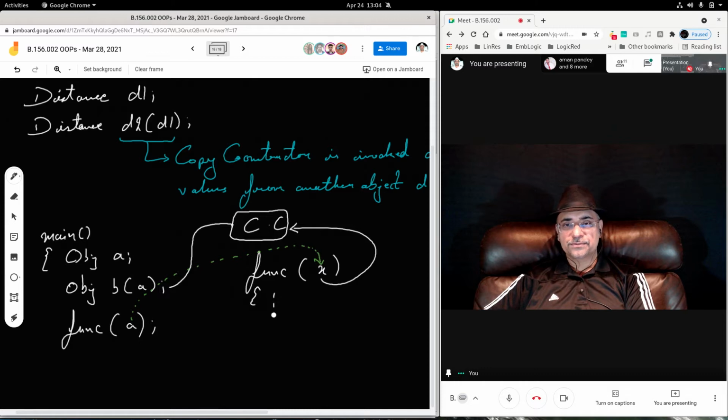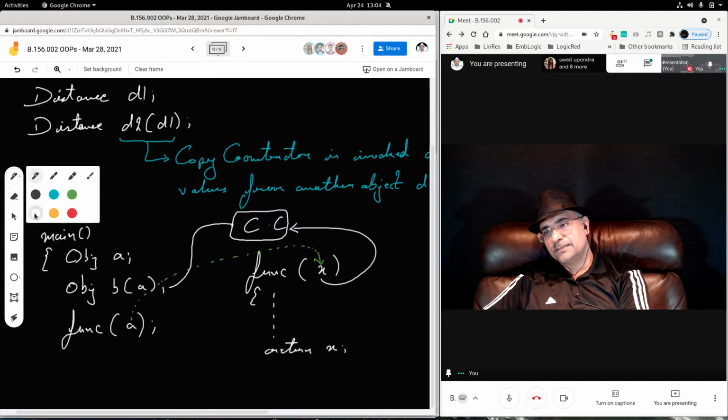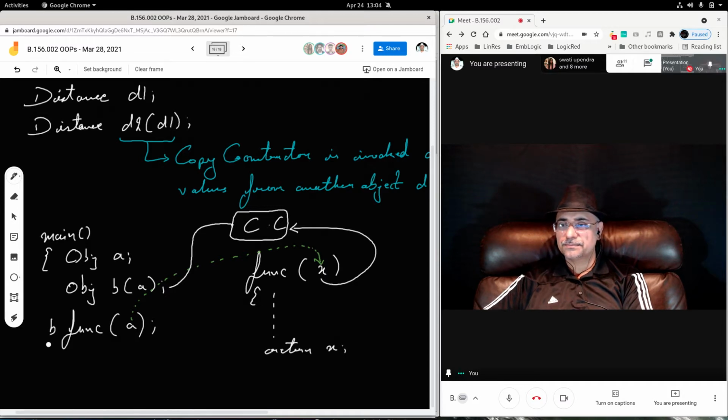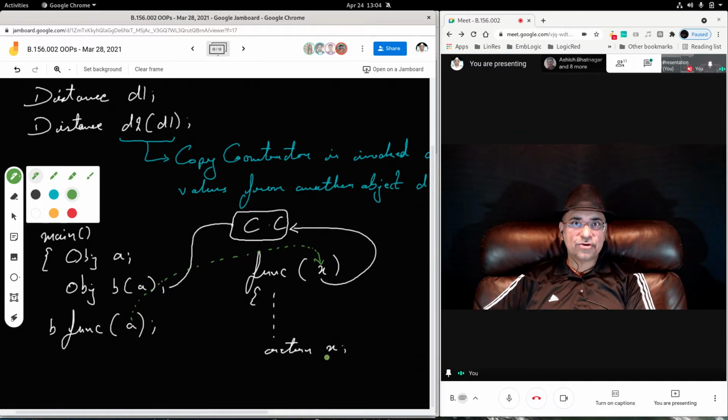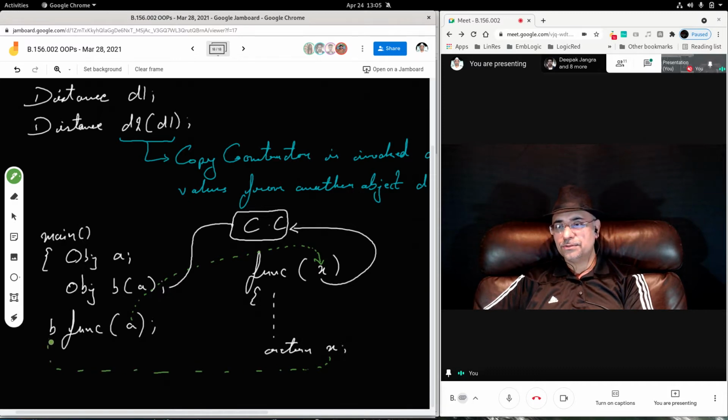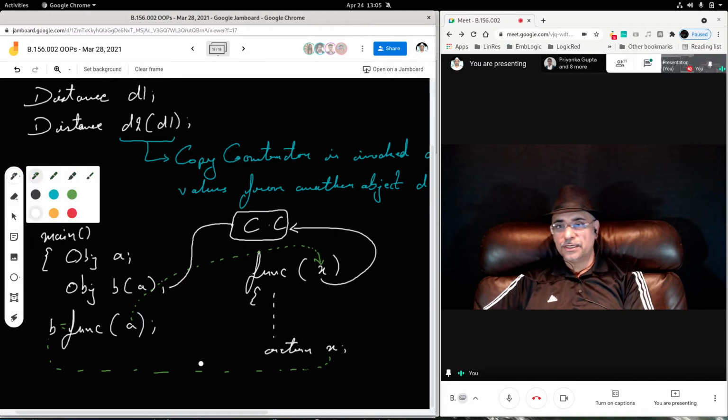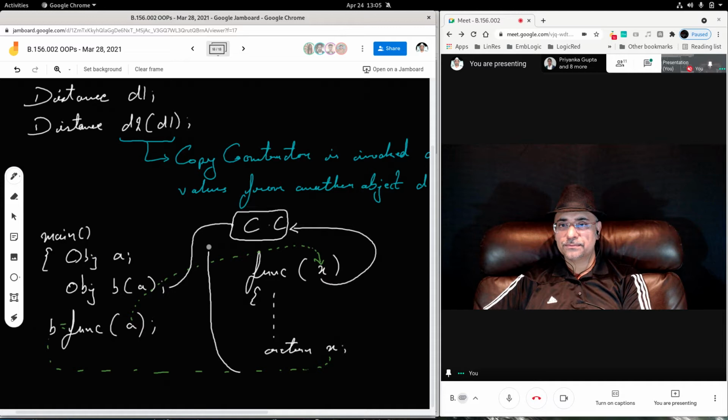Now this function runs, and towards the end suppose it returns X. The returned object is anyway getting destroyed, so a new object will be created and returned back, and that will be stored in B. So during this return also the copy constructor is invoked, because a new implicit unnamed object was created here.